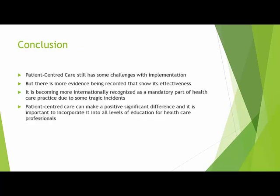In conclusion, patient-centered care has some challenges with implementation and unity across the entire Canadian healthcare system, but there is more evidence being recorded that shows its effectiveness in improving quality of care. It is continuing to become more internationally recognized as a mandatory part of healthcare practice due to some tragic incidents. So it's important to learn from past mistakes so that the present and future patients can receive the best and highest quality of care. To achieve this, patient-centered care must be incorporated into all levels of education for all healthcare